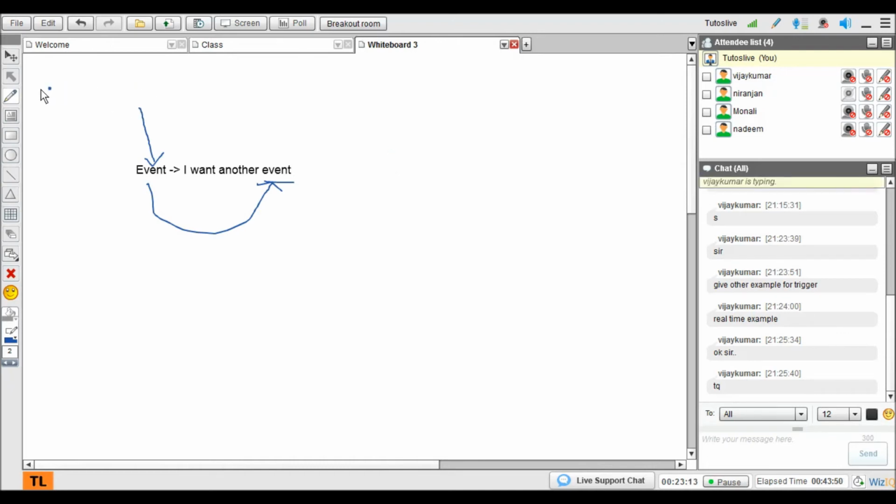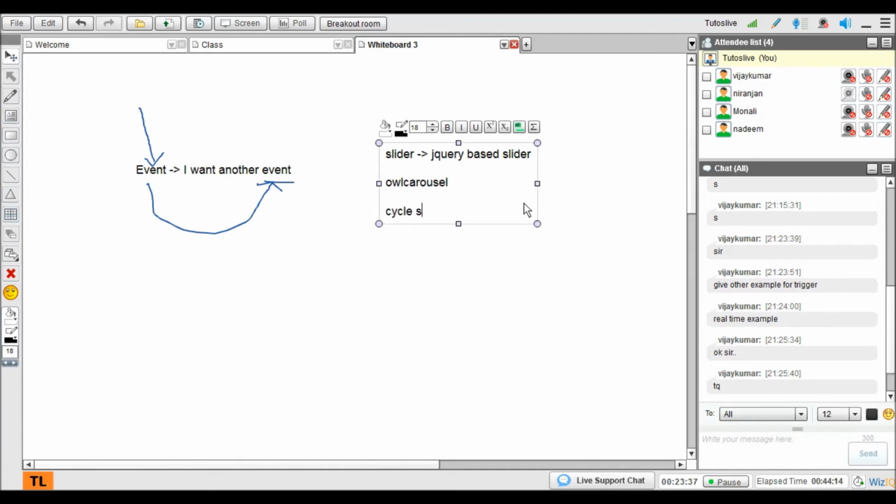Okay, so let's see another example here, which is for slider. There are so many sliders out there. The example I'm going to show is a jQuery based slider. One is Owl Carousel, which is a very good slider. But today we're going to use the cycle slider plugin.